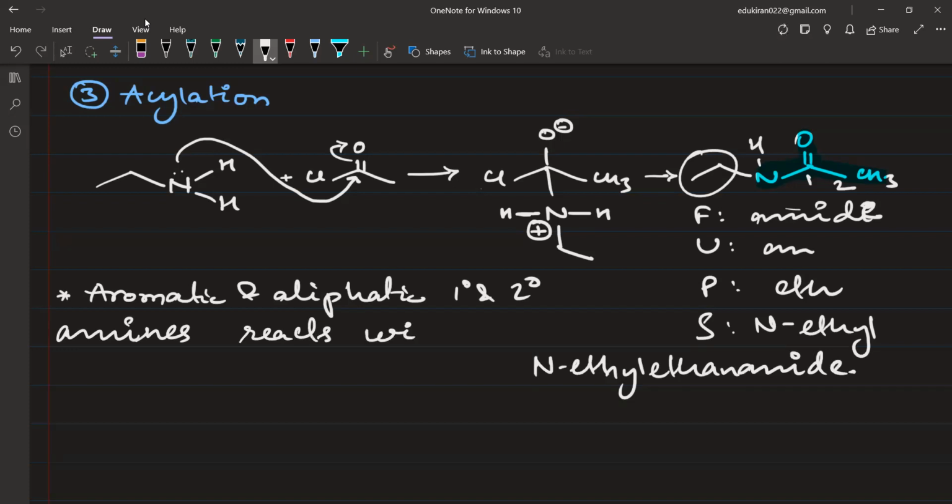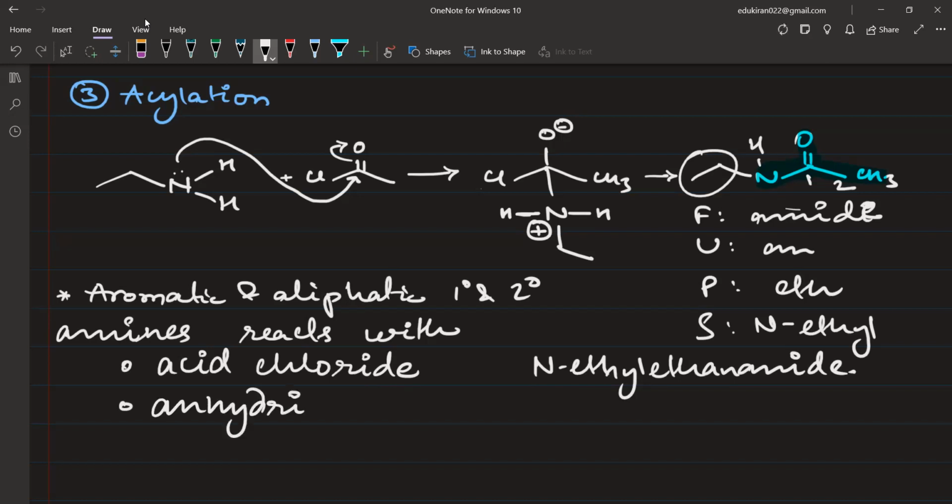reacts with, किसके साथ रिएक्ट कर सकता है, एसिड क्लोराइड, it can also react with anhydride, it can also react with esters, ठीक है, ये एनहाइड्राइड वाला इंपॉर्टेंट है, इसको हम लोग देखेंगे जब हम लोग इलेक्ट्रोफिलिक एरोमेटिक सब्स्टिट्यूशन करेंगे, ठीक है। सो दिस एनहाइड्राइड रिएक्शन वी विल सी देयर आल्सो।